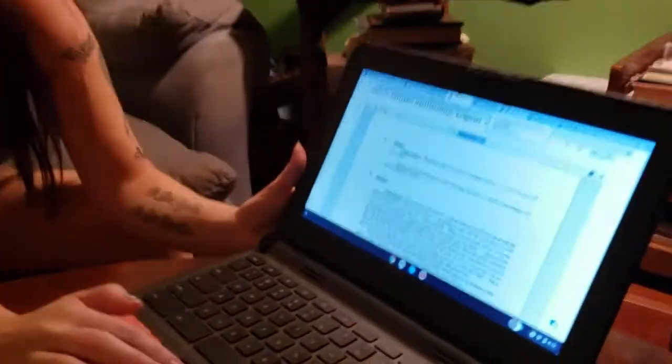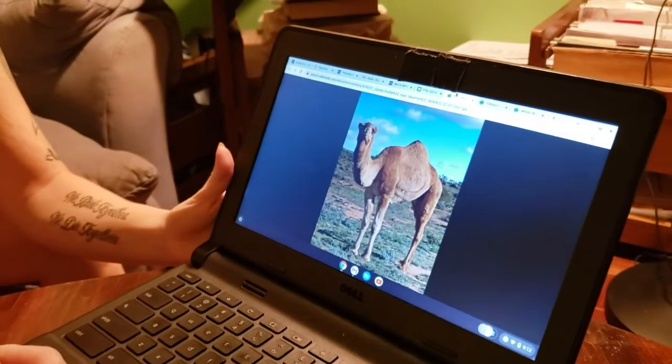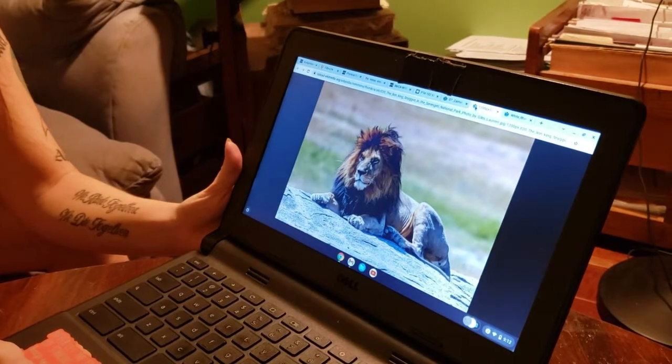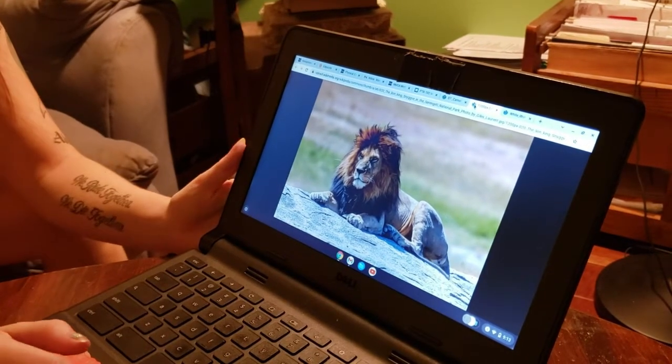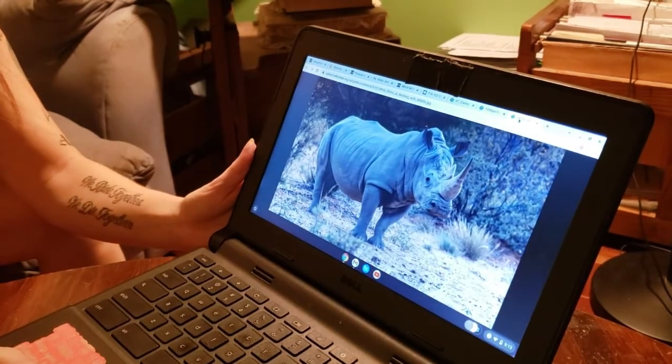Okay. All right, so now we're going to assess your naming skills. So I'm going to show you 3 animals, and I want you to tell me what each one is, okay? Okay. All right, so which animal is this? Camel. Good. So you get 1 point for that. What animal is this? A lion. Good. So you get another point for that. So we got 2 out of 2 so far. And then what animal is this? And a rhinoceros. Yep. So you got 3 out of 3,